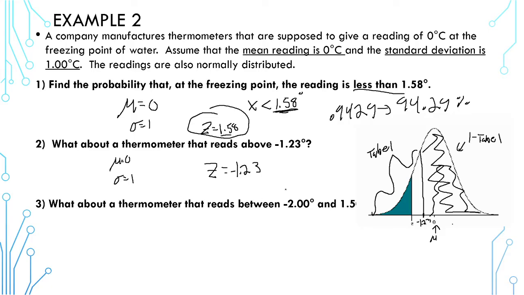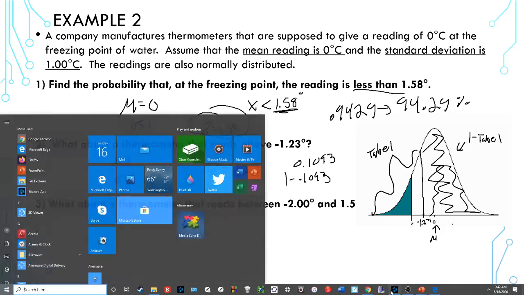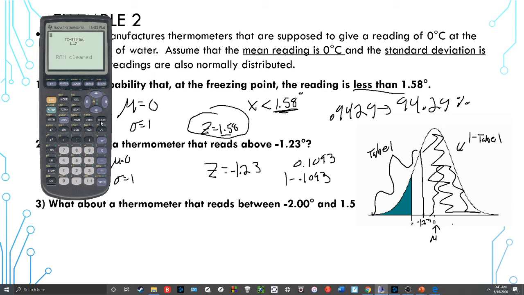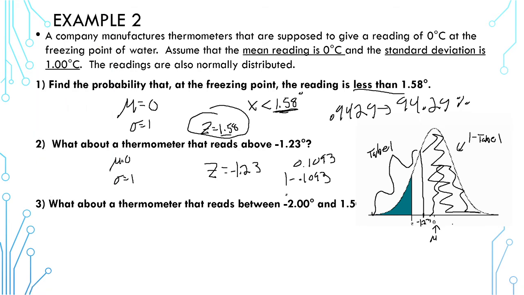So that would be 0.1093. Now that's the chance of it being less than or equal to negative 1.23. So if I want the chance of it being above, I'm going to say 1 minus that answer. Let me do my quick calculation here so I'm not erroneously wrong. So 1 minus 0.1093, and I get 0.8907, which is about an